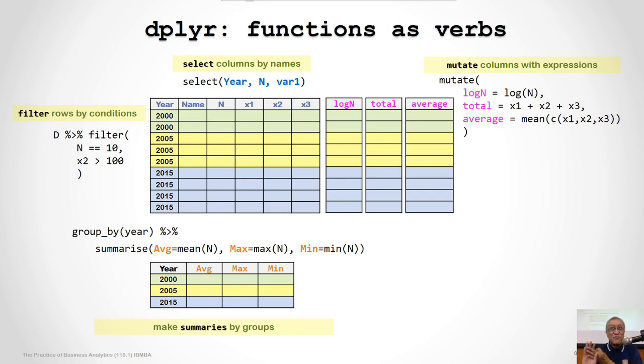That is the third important thing in dplyr. In dplyr, the outcome is always a data frame, right? So you can use the outcome of the first dplyr operation as the input of the second dplyr operation. In this way, you can chain with the pipe operator. You can make a chain of data processing. You can build a data assembly line, by a sequence of data processing, right? So that is the